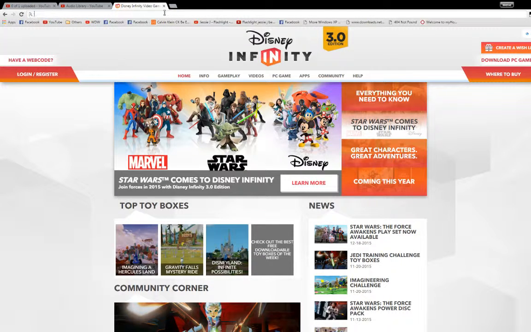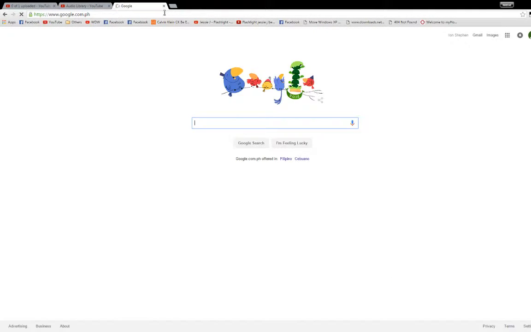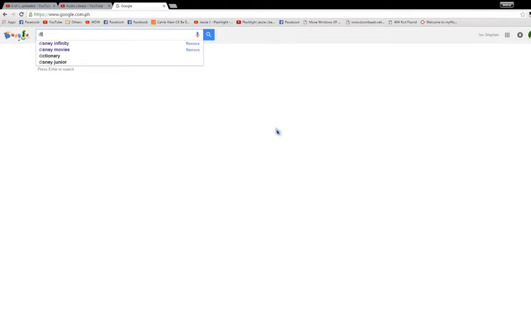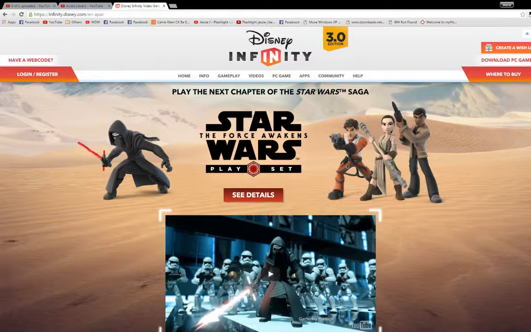First you're gonna go to Google and search Disney Infinity. After that, click this Disney Infinity. Did you get that? Click that, and after that,